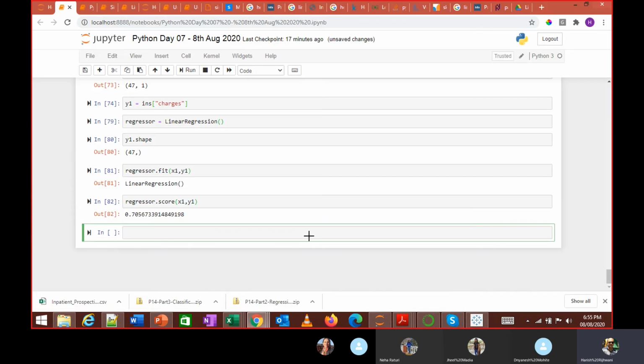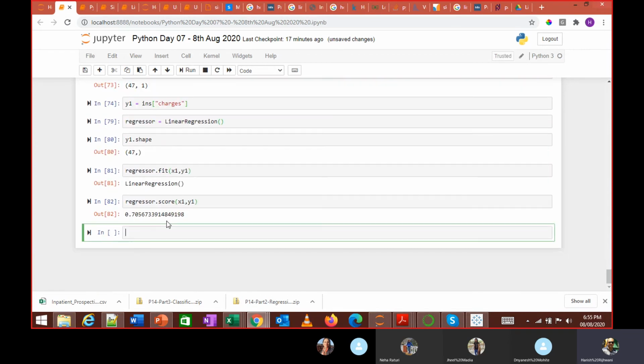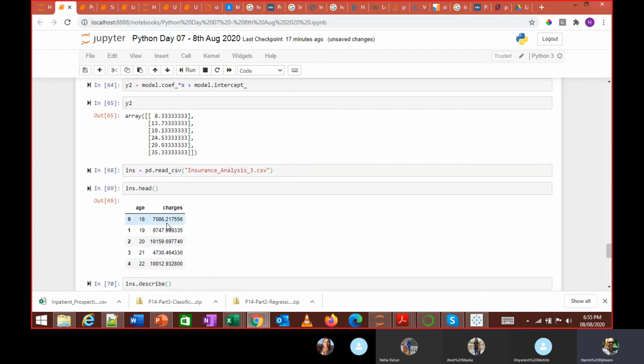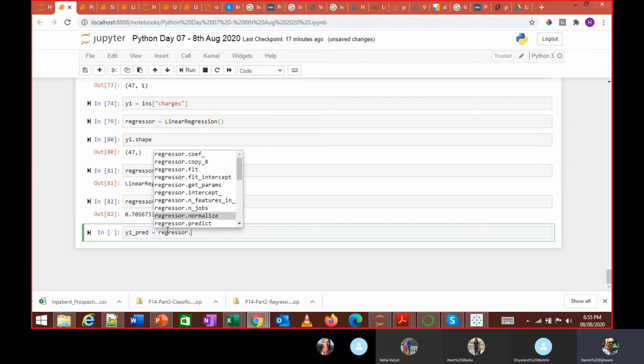Now I can even showcase the same. I can print this value. I have the coefficient and stuff. Now I'll predict the value. So Y1 pred is equal to regressor.predict.